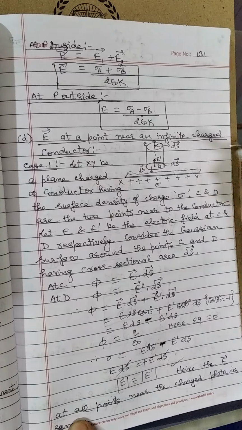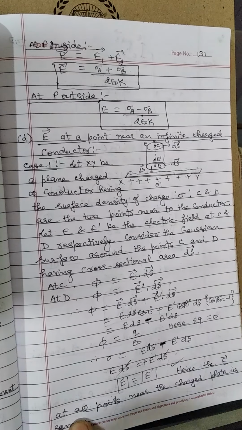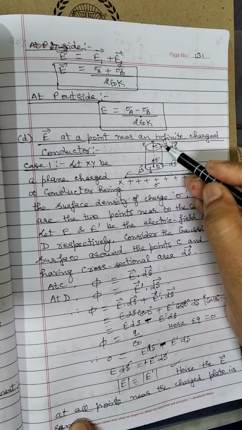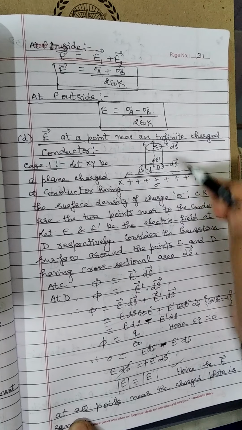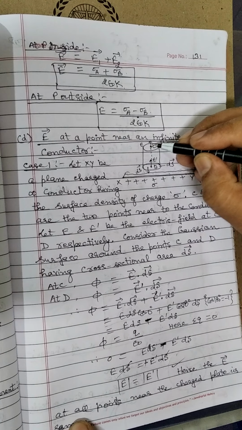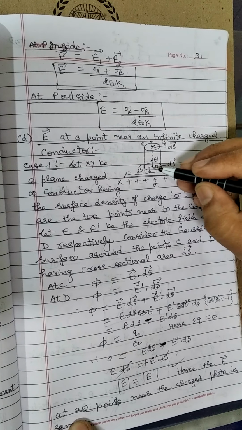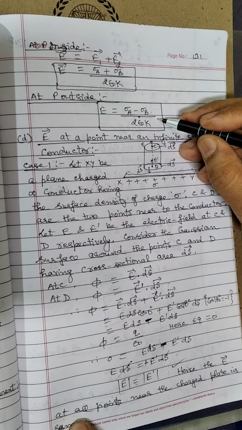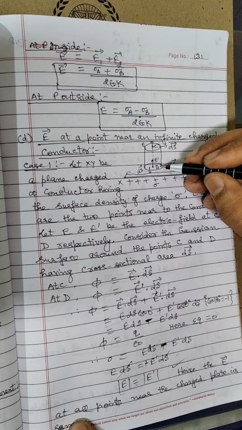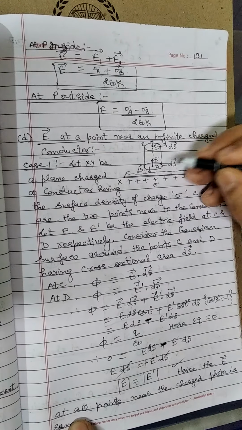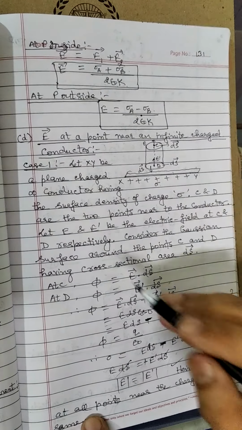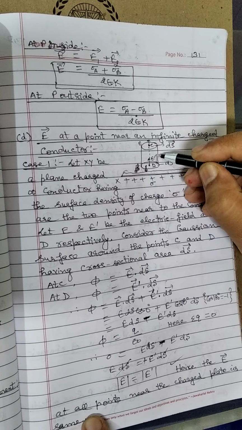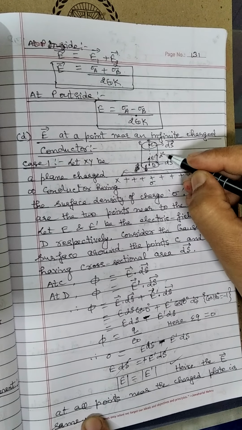As usual, we have to consider the Gaussian surface around these 2 points C and D. So, in the form of a cylinder, we have assumed these are the two. In the form of a cylinder, the Gaussian surface is there, and assume that the electric field at the point C is E and the electric field at the point D is E dash, and the area vector is ds in this direction, and here it is also in this direction. Is it clear? So here the area vector is in the same direction as the electric field, ds.